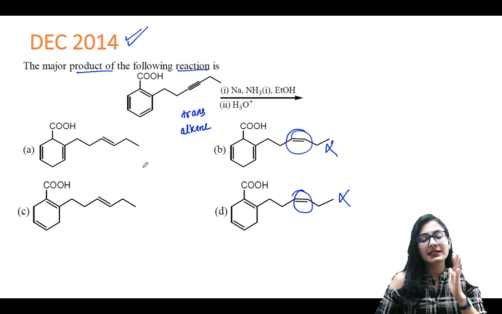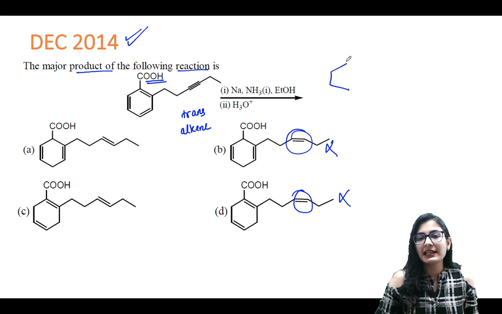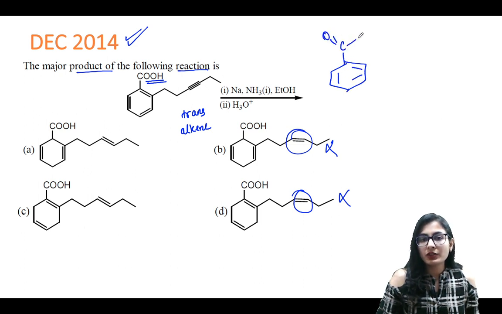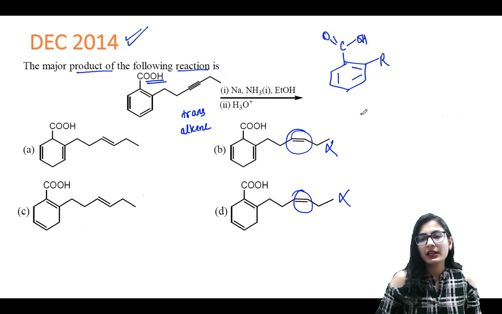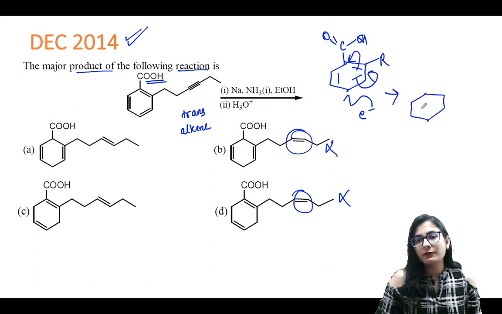Now what about the selection in benzene? So we have an electron withdrawing group, and why does the electron withdrawing group take the electron closer to it? So I'm not writing the R group. Let's say this is R. Okay, so if the electron is transferred like this, one electron, half arrow, it's going to make this kind of a 1,4. Alright, so sorry, this is going to be a radical over here. The negative charge is going to come close to the acid like this.